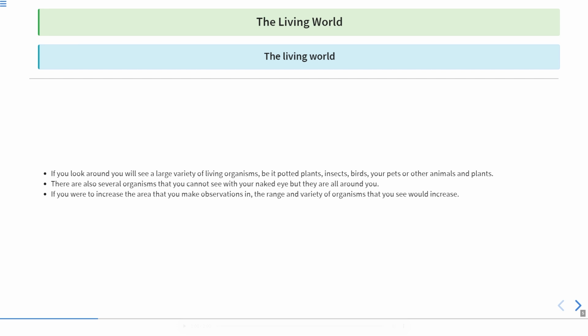So if you were to increase the area that you make observation in, the range of variety of organisms that you see would increase. Now, if you are making a list of the organisms that you see in your surroundings, you simply note down those organisms which are present in your surroundings. But if you are considering those organisms also which you are not able to see,